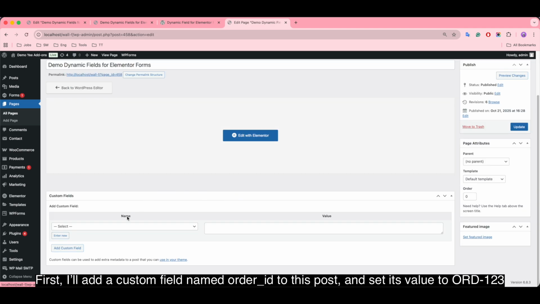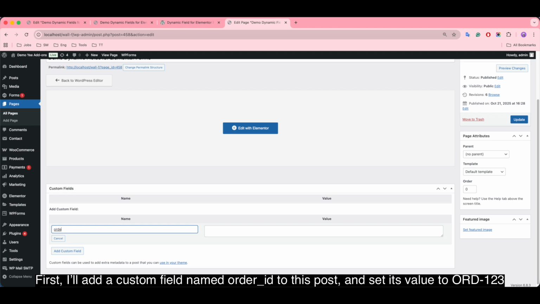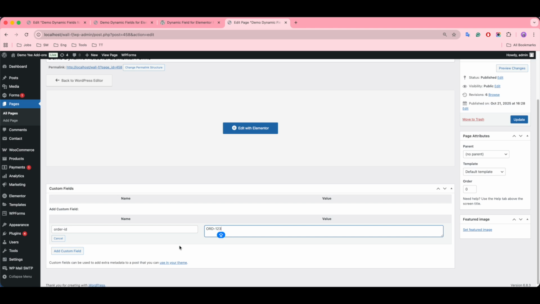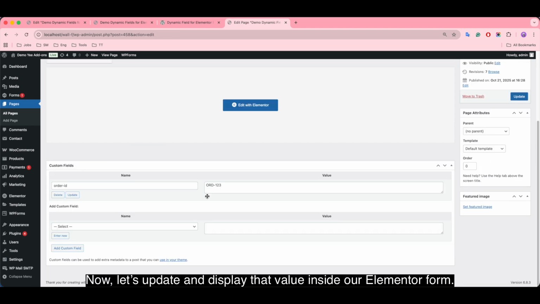First, I'll add a custom field named Order ID to this post and set its value to ord123. Now let's update and display that value inside our Elementor form.